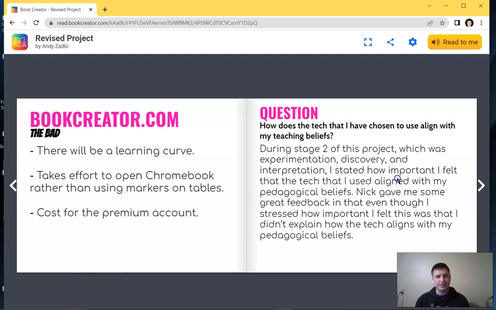And I thought about this, and I think it gives students a lot of choice in that they can put down whatever information they want. They can have all these different ways that they want to present that information. Like I said, they can do videos, audio, text, anything like that, and it's a way for them to just show what they've learned. So I just wanted to make that clear because that was something that I didn't really address in stage 2. So moving along,